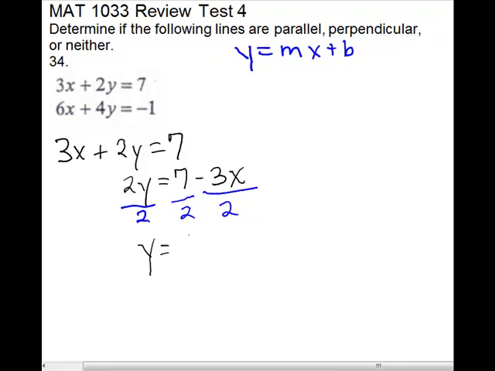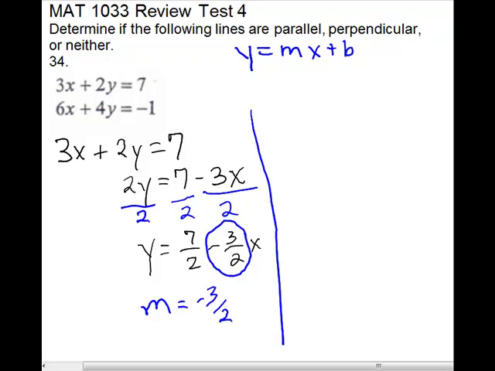So we have y equals 7/2, and you can pull this coefficient away from the x. All right, so our slope on this one is a negative 3/2. Then we will do the other line,